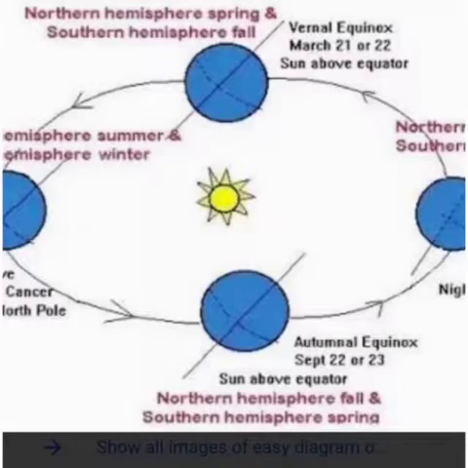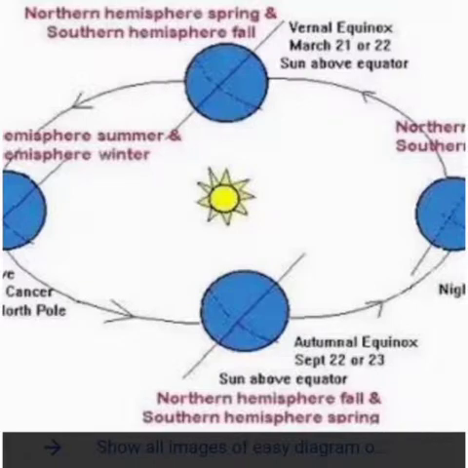Now we will talk about 21st March, the spring season. Here the sun rays are falling on the equator. In the same way, on 23rd September, the sun rays are falling on the equator. So here children, according to the latitudes, how the sun rays are falling on the latitudes,